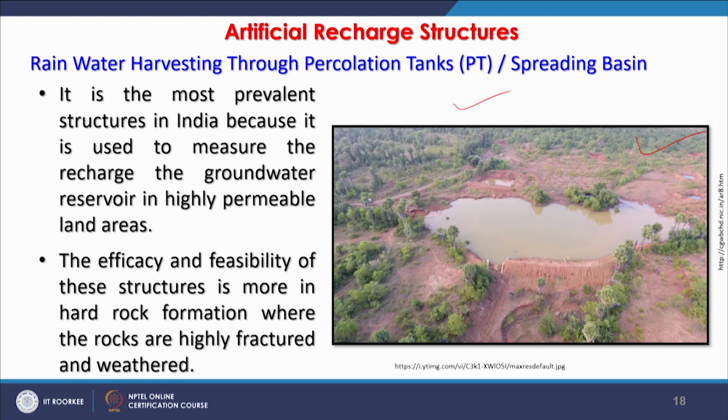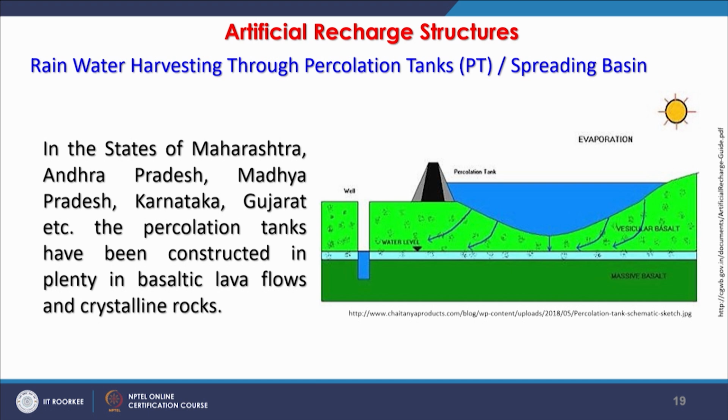So, the efficacy and feasibility of the structure is also in hard rock terrain formation, where rocks are highly fractured and weathered. So, it will also work there. If we see in the form of a cross section, a percolation tank is here, but some bunding with local material or some other things can be done. In our earlier discussions related to groundwater recharge, I showed examples of Bundelkhand granite, using quartz